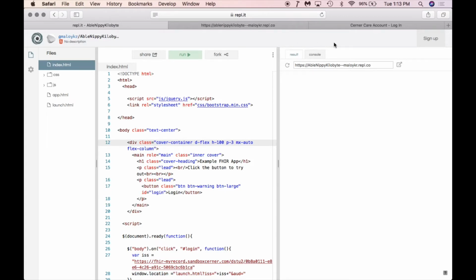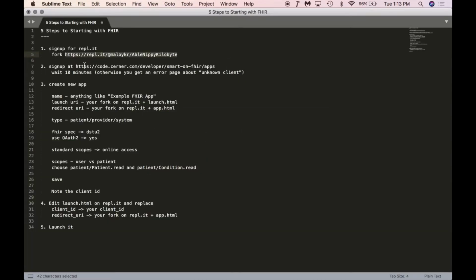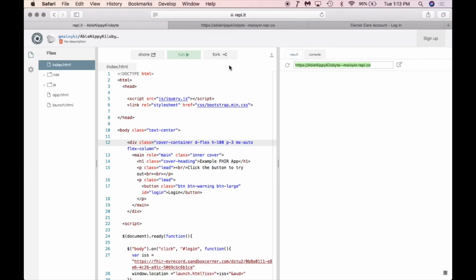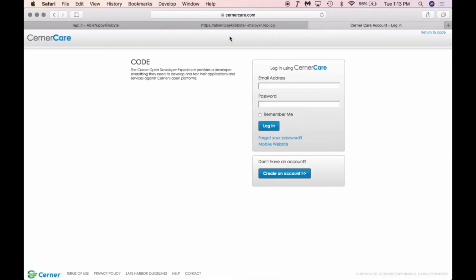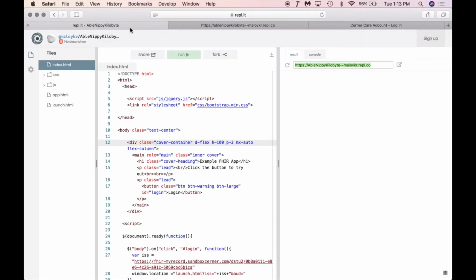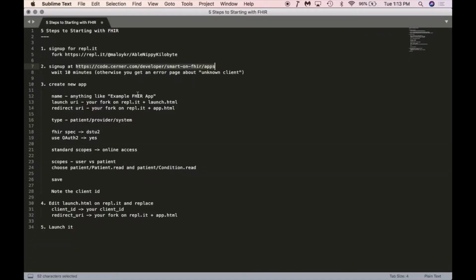All right. So once you have signed up and forked the code, please note what this URL is, because you're going to need it in the code console. Then what you do is go sign up at this URL for the Open Developer Experience. Basically, it takes you to a page like this, and you can create an account. Once you create an account, log in, and what I'm going to want you to do is create an app,